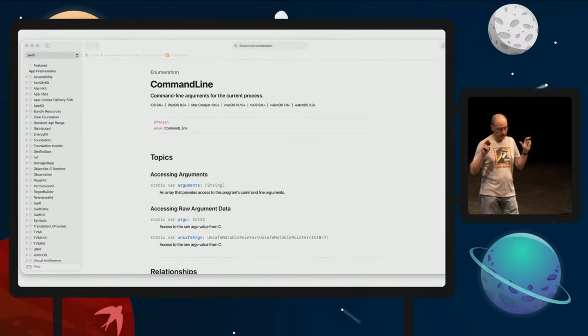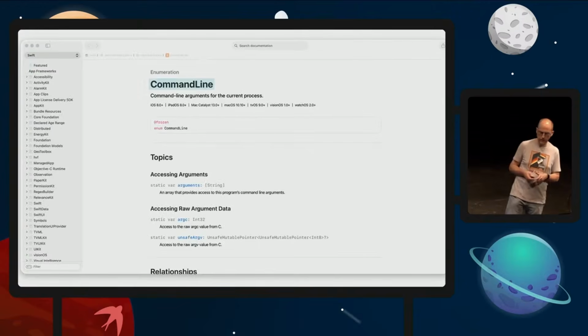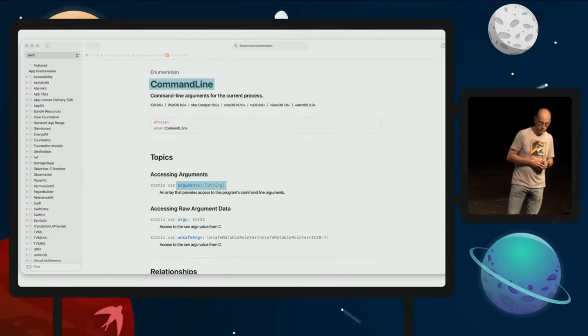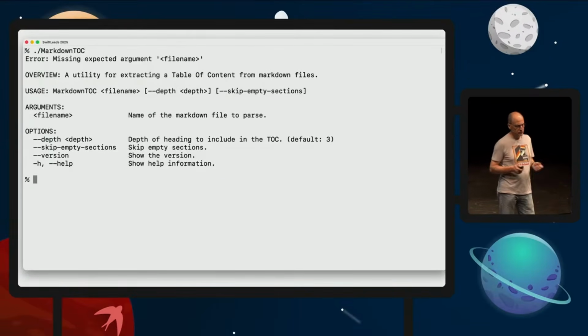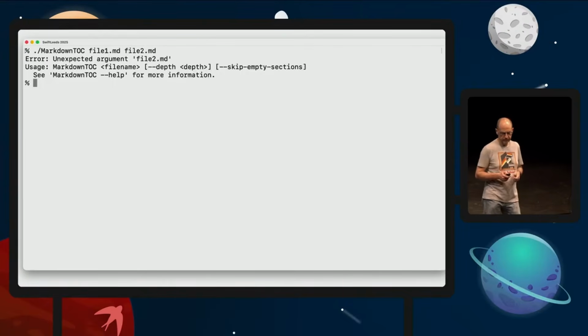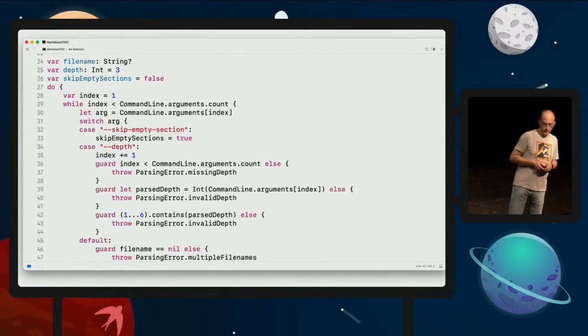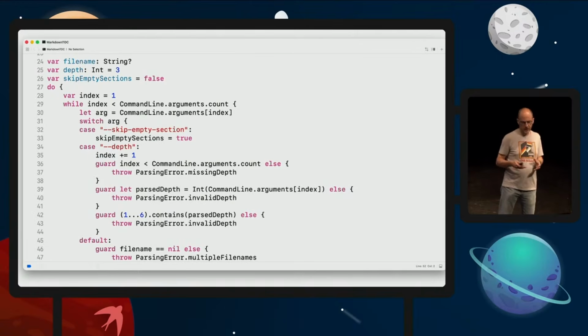So the standard library has everything that you need to do that. That's the CommandLine enum that has an arguments property that is an array of strings, including the command line itself. So it's just like the good old days in C. Of course, soon enough, you find out that your users are running the tool without providing a file name, providing multiple file names, or some users are not aware that Roman numerals are kind of not in use anymore. So you could, of course, code everything by hand, all the parsing and all the handling of the edge cases, but